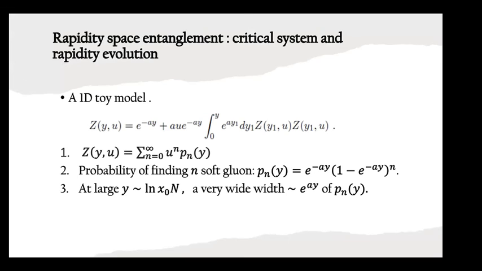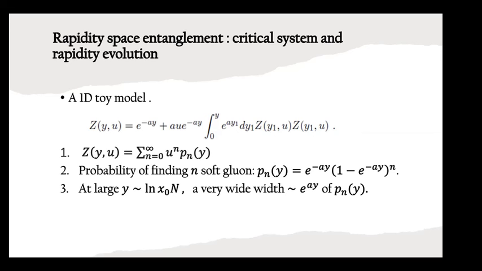So then, following the similar spirit of Müller in 1993, we can freeze all the transverse degrees of freedom and consider a one-dimensional toy model, which means you have this form of evolution equation for the generating function. It depends only on the rapidities, but does not depend on the transverse positions. Then this equation you can solve in terms of the probability of finding n soft gluons, or n minus 1 dipoles, in the final state. They are, roughly speaking, the multiplicities that you may observe in inclusive processes.